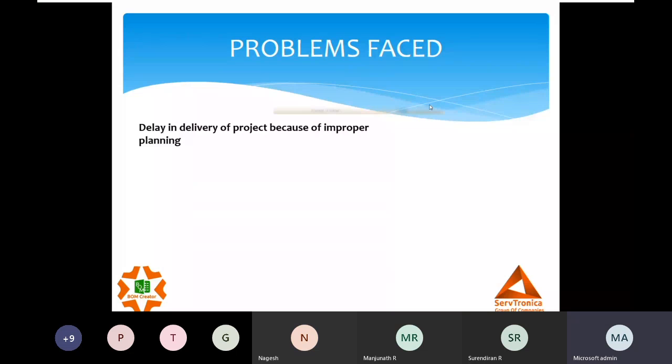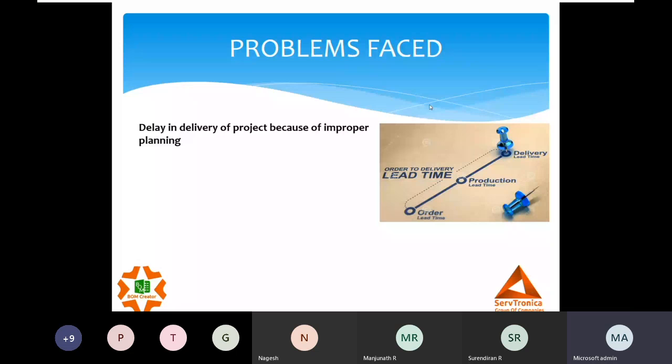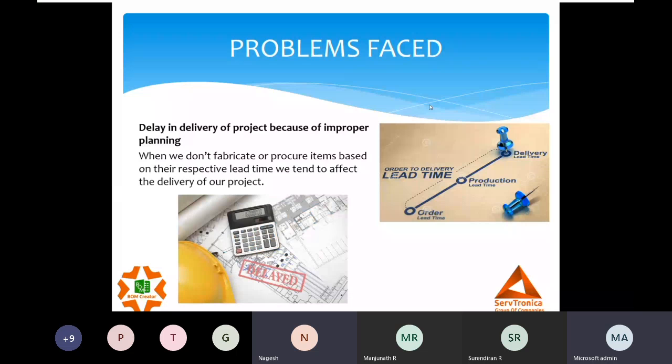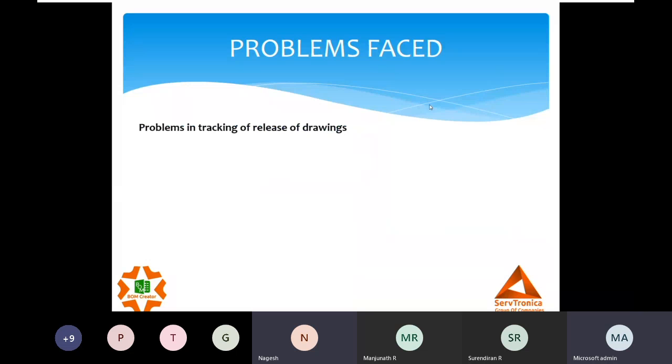We have a project, we have a delivery date. Now we have a production timeline, we have the purchase lead time, so everything has to be taken care of. We need to set up priorities: these are the high priority items, these are the low priority, these are the medium priority. Based on that, the project will not get delayed. This is a normal scenario I'm talking about in industry, the problems we see.